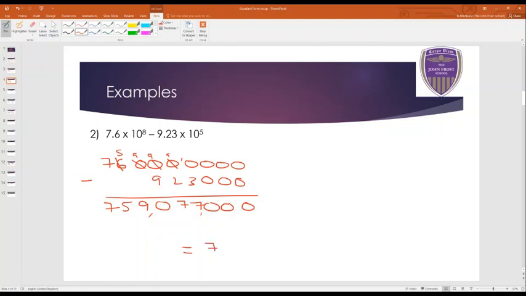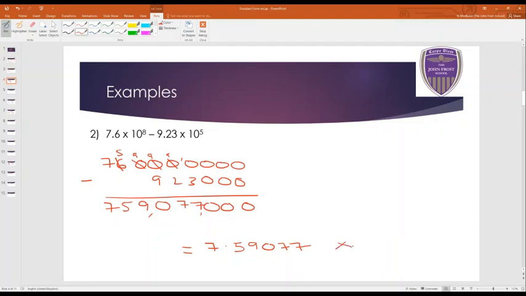Okay, so the only way our number can be between 1 and 10 is 7.59077. Okay, remember the end point of this first section in our answer has to be until there's only zeros left. All right, and we can't change the order of the numbers. So we can't just ignore this 0 in the middle. It's got to be